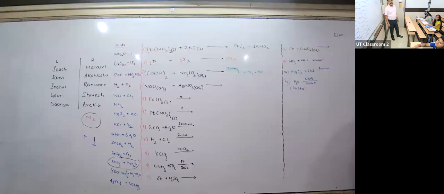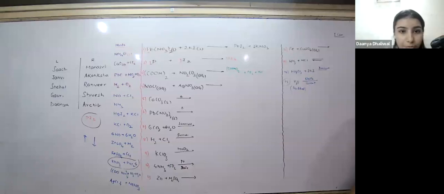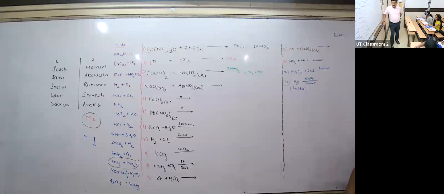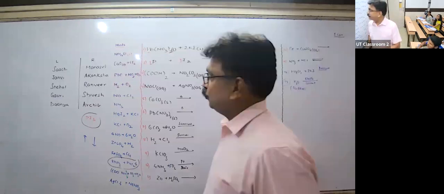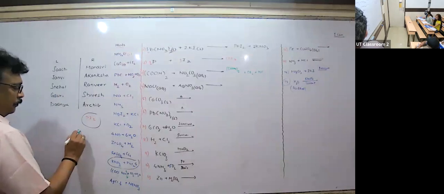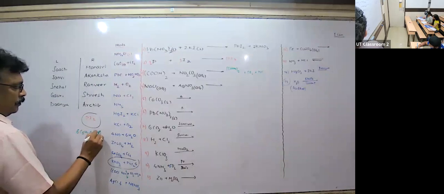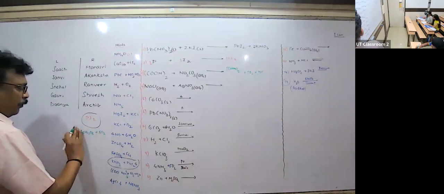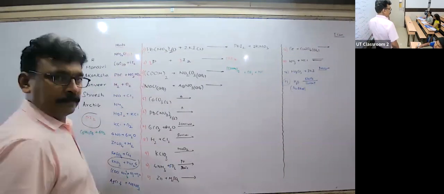Dania, have you finished? 6 CO2 plus. Yes, I'm doing. Very good. She has also got it. So who's remaining? Me. Which one? 6 CO2 plus 6 H2O. Hasn't the 6 CO2 and H2 been given? Yes, write it. C6H12O6 plus O2. Children, if it hasn't been given, and you know it, you can write it.